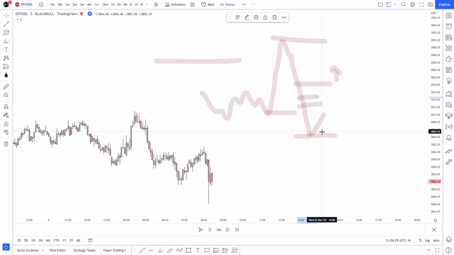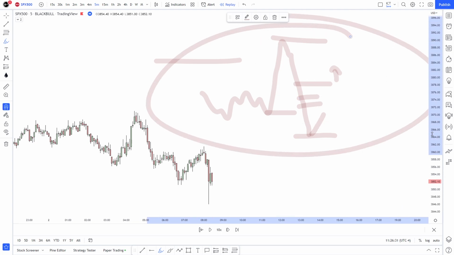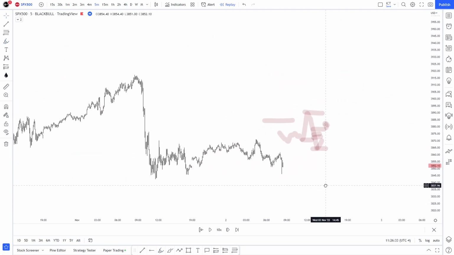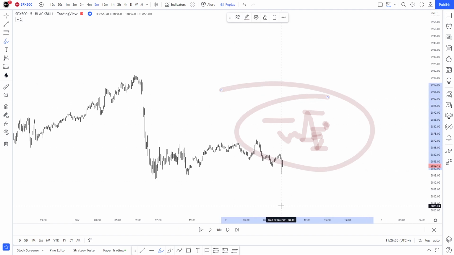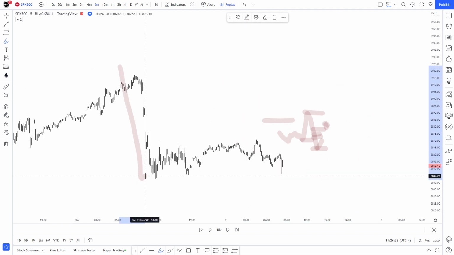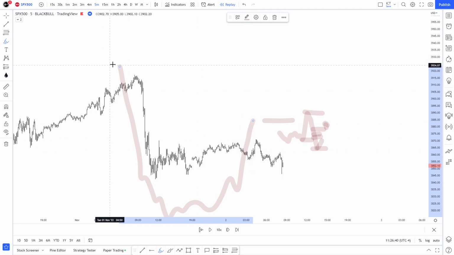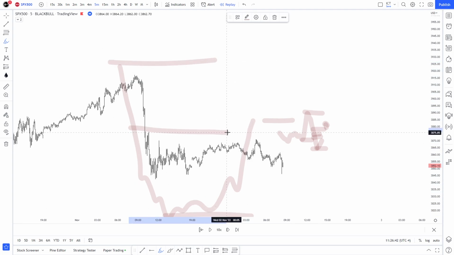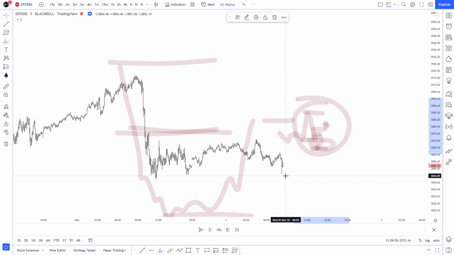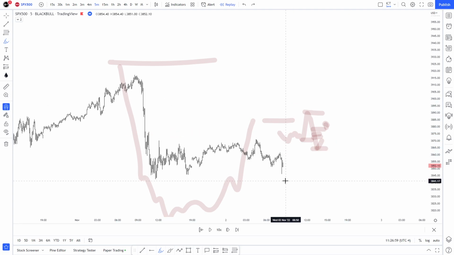What's the problem with Fibonacci as an example? This is, let's suppose, the 5-minute chart. If we zoom out, maybe this little bit of price action is in something like this. We had a daily move, and now we're here. This is my Fibonacci. We are definitely above equilibrium, sorry. So we're definitely in premium prices. So that means that whatever we sell, even if it is below here, it is in this premium, but it's not on this premium, right? So it's a little bit on perspective on what we apply it to.